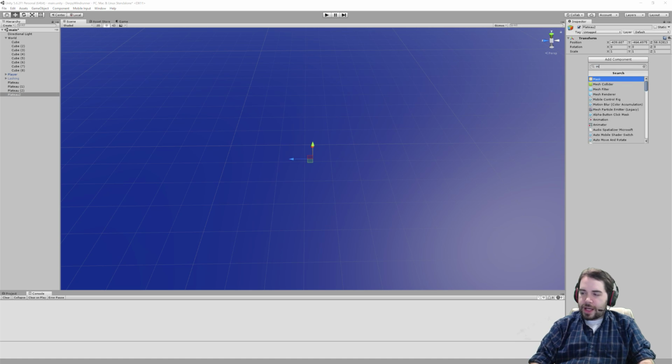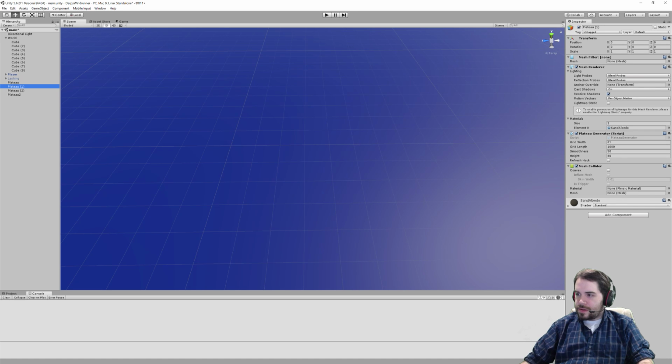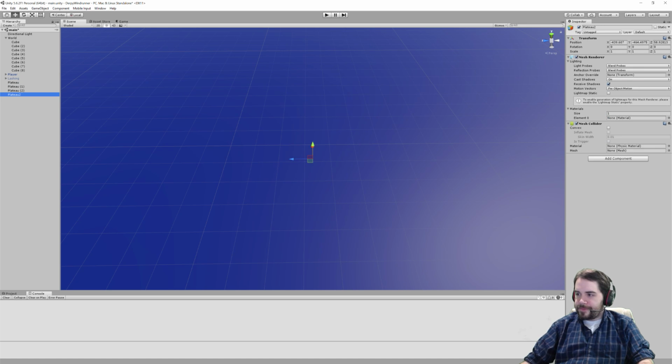So what do we need over here? We need a mesh renderer. We need a mesh collider. And what was the other one? Mesh filter. That's what it was. Cool. So those three things. In addition, we also need